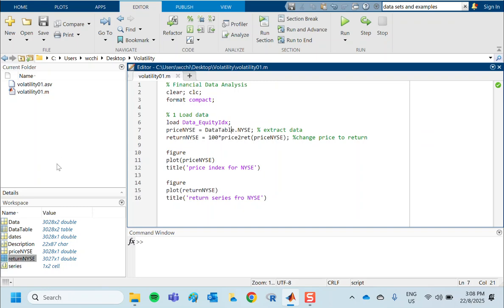Okay, guys. So this will be the first part, a very fundamental part of the environment of MATLAB. Okay, so after that,